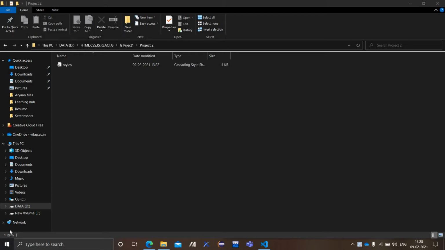So today I'm going to work on another project in JavaScript. I named it counter because in this I will be creating three buttons: increase, decrease and reset. When I click on the decrease button the number goes on decreasing. When I click on the increase button the number goes on increasing, and when I click on the reset button the number moves to 0. Okay, so it's a simple code.